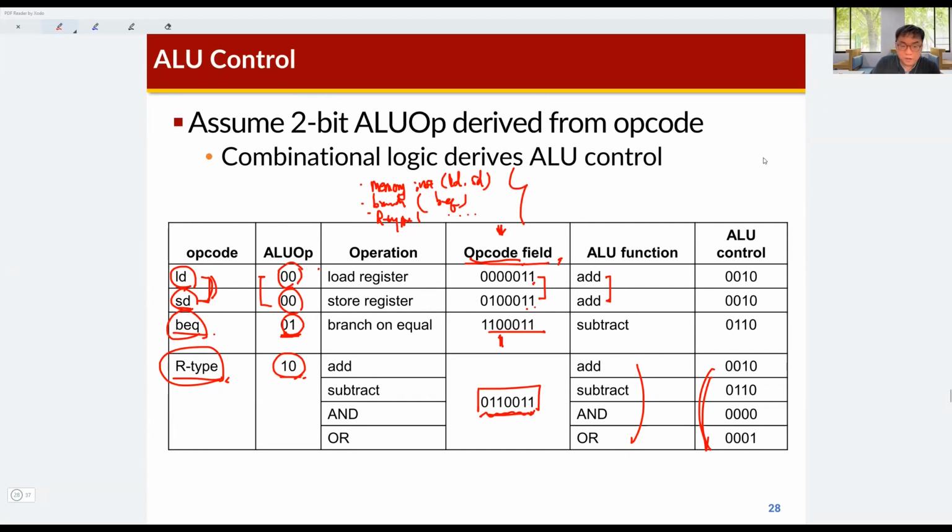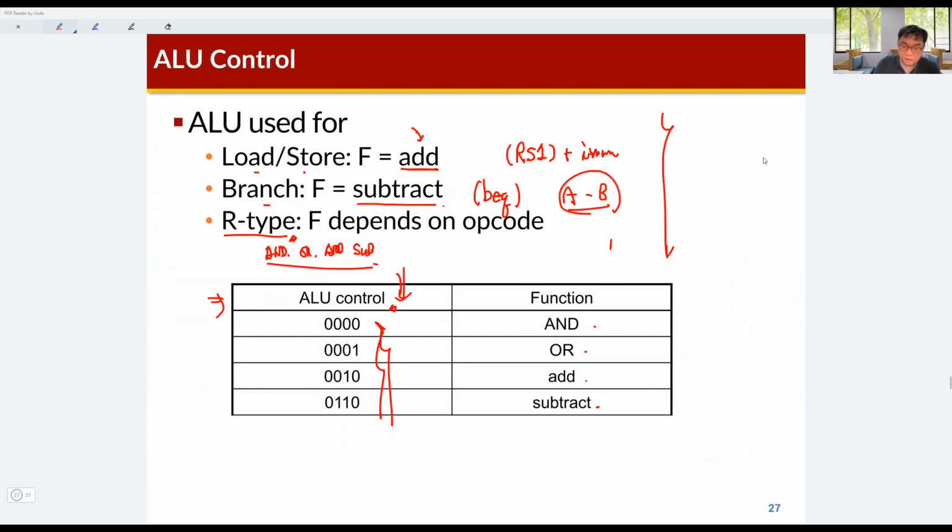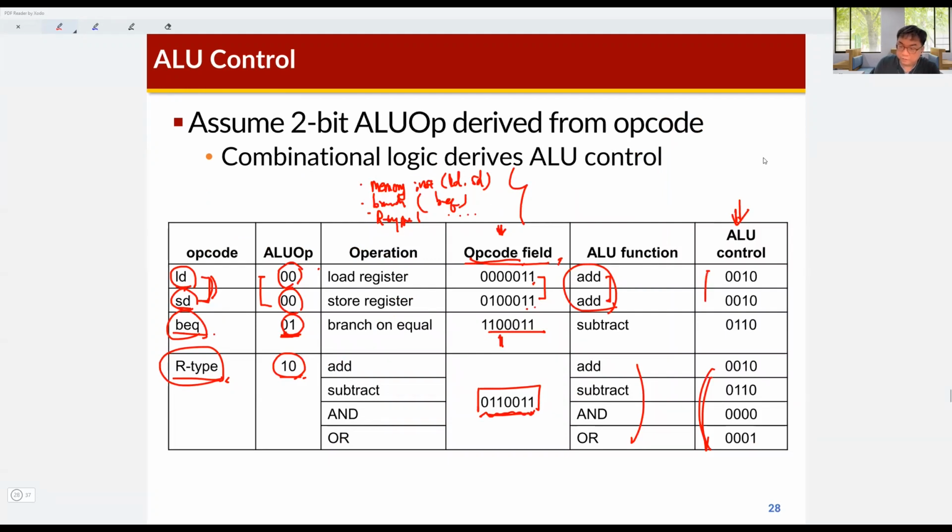So if the ALU OP is 00, we can just perform the add operation. For this add operation, the ALU control signal becomes 0010. Okay, this is the add operation of the ALU. And then if the instruction is a branch instruction, we need to perform subtract, and the ALU control bits should be 0110. And then for the R-type instruction, if the ALU OP is 10, then the required operation of the ALU